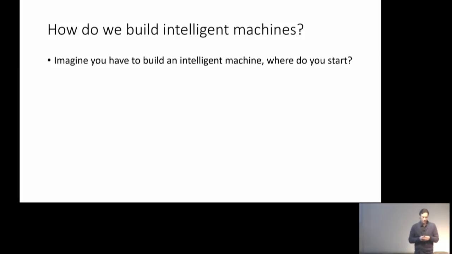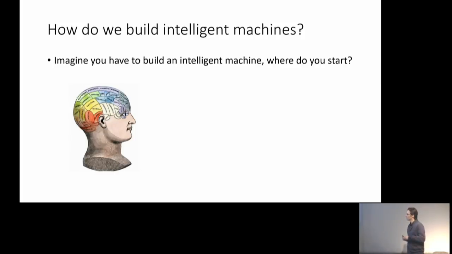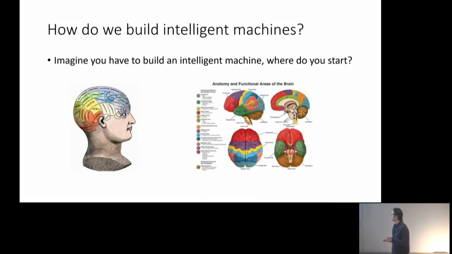So imagine that you have to build an intelligent machine. Where do you start? Well, maybe you start thinking about an intelligent machine that already exists, like a person, and think about, well, what are the different parts that make up a person's brain? Can we just replicate the functionality of those parts? People need to see, they need to hear, they need to move, they need to have language. So maybe for each of those individual parts, we can write a little bit of code that emulates the behavior